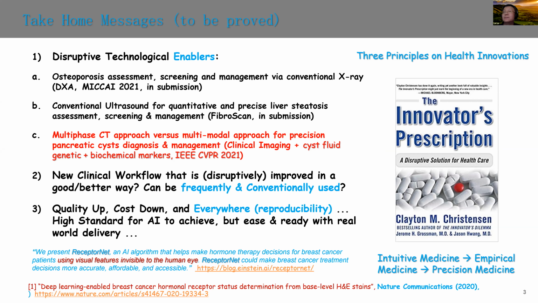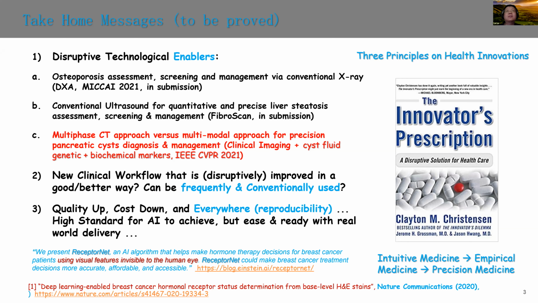or non-lucky patients, right? So what we do is try to take intuitive medicine that can only be solved by the top experts into the phase of empirical medicine. Empirical medicine means there will be a lot of computing, a lot of reproducible quantification processes that can be easily translatable, right? Even if we want to go to the phase of precision medicine, we're not there yet. We're still in the mode of empirical medicine, but it's fine. There's a lot of things you can do in there.